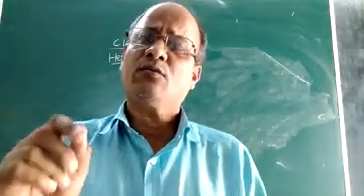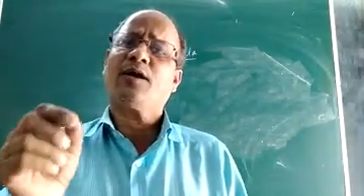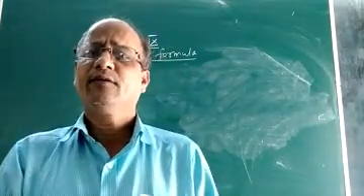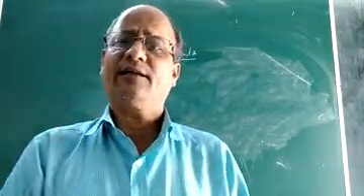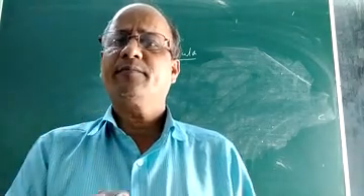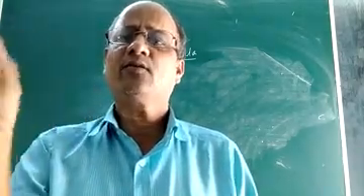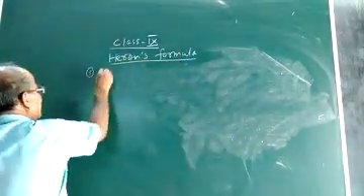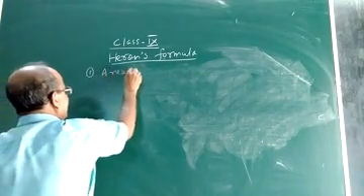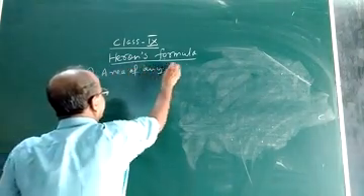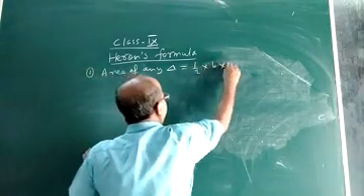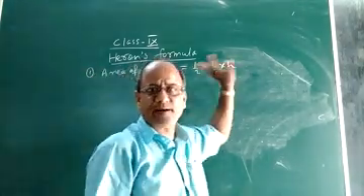Children, you already know the formula to find the area of any triangle. In class 7 we had read how to find the area of any general triangle. I hope you remember. It is half into base into height. That means half the product of base and height. This is the first formula. Area of any triangle can be found by the formula half into b into h, where b is the base and h is the height.